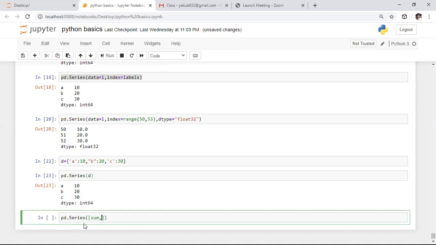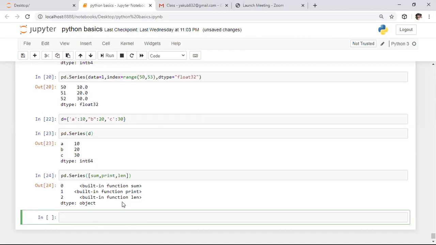It is a built-in function. After this, we have the print built-in function. After this print, we have one more built-in function, that is the length built-in function. By using these three built-in functions, I want to create series data by using pandas. So here it is a series data which is created by using these built-in functions. At the 0th index, we have the built-in function sum. At the first index, we have the built-in function print. At the second index, we have the built-in function